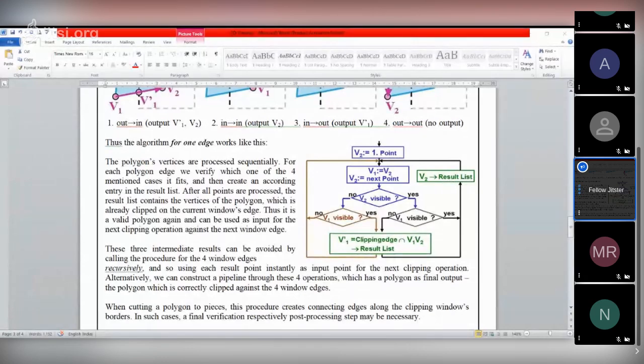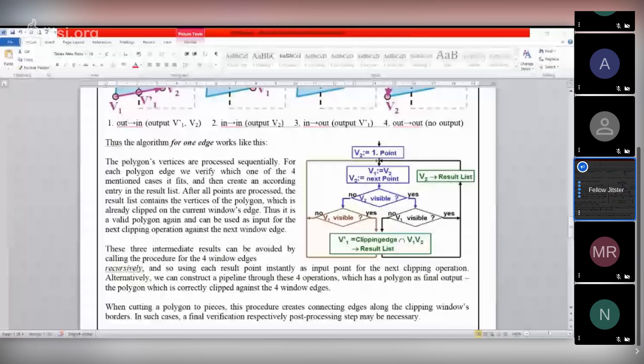If no, suppose V2 is not visible, again come here, whether V1 is visible. If yes, V1 is visible, V2 is not visible, the new point is not visible, but V1 is inside this window, what will happen? We have to find out v dash 1. What is v dash 1?